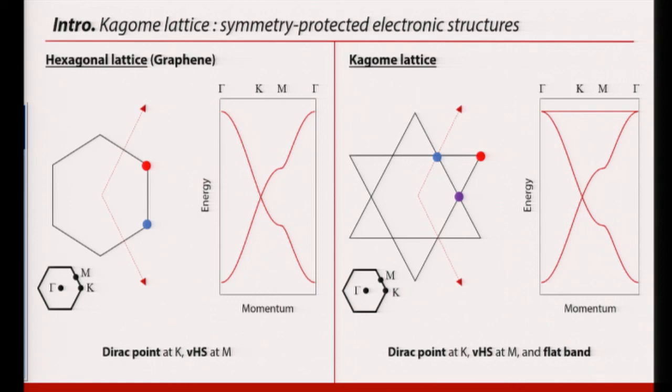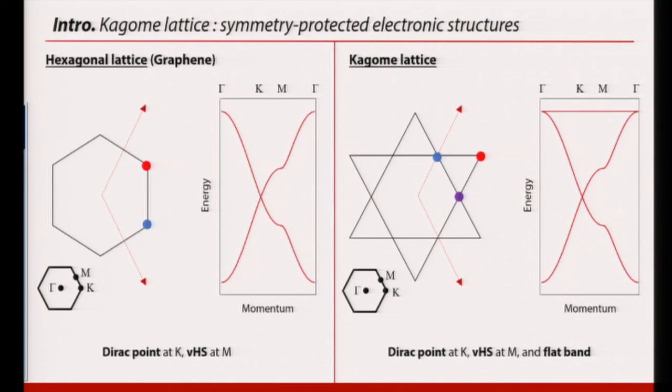Now, the Kagome lattice is the same thing because it has the same point symmetries, and if you construct a single band model of the Kagome lattice, assuming only nearest neighbor hoppings for simplicity, then you have the same 2 bands that you have in graphene, so the electronic structure is exactly the same. But then the 3rd atom brings in something extra, a 3rd band, and this 3rd band, most notably, is completely flat, again in the approximation of nearest neighbor hopping.